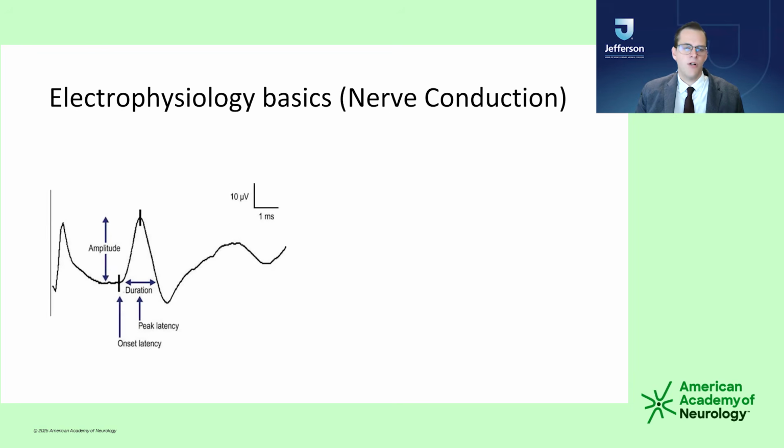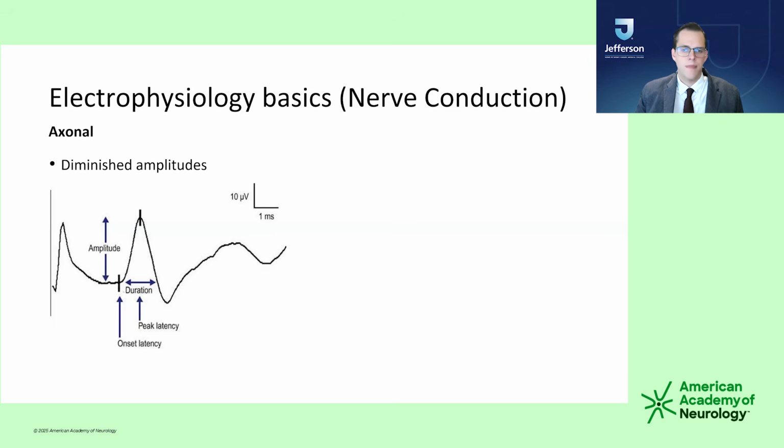So electrophysiology, we're talking mostly about nerve conduction. In axonal neuropathies, the number of functioning axons is reduced, so fewer action potentials summate at the recording electrode. This leads to decreased compound muscle action potential and sensory nerve action potential amplitudes, while conduction velocities are